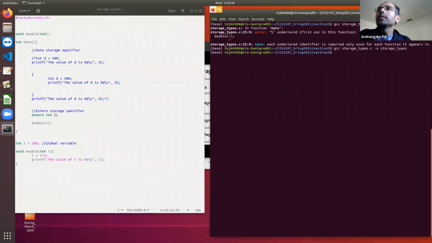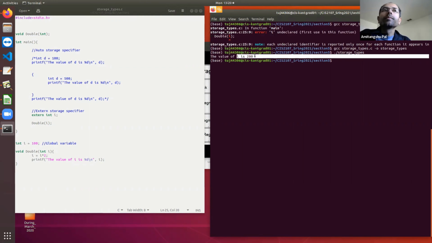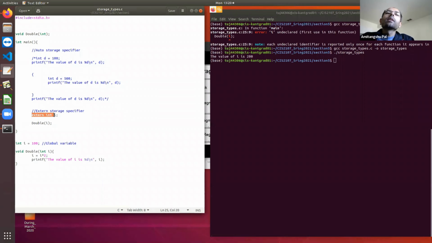If I run this, the error is gone and it works as it is. Clear? So the extern keyword is telling the compiler that i is indeed declared in a global space.